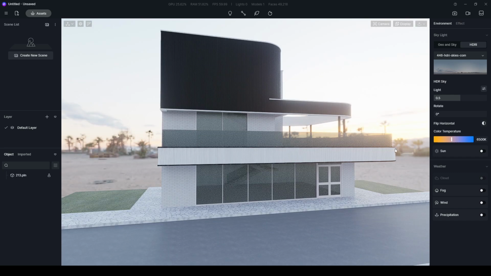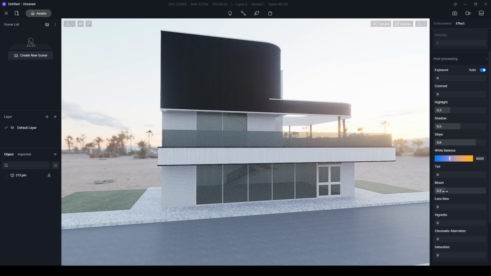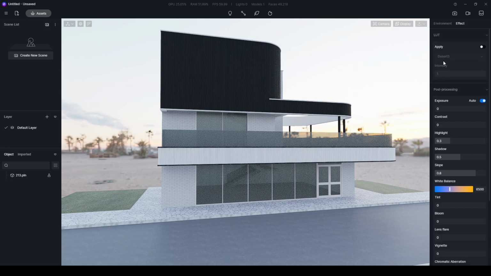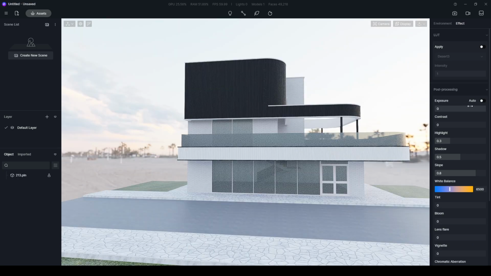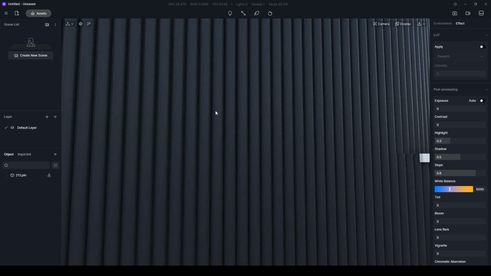If we look at the brighter part of the screen, we will see some bloom effect. I want to turn off this bloom effect so we can play around with our material and light settings properly. To achieve this, we are just going to go to the effect and set this bloom value to 0. After that, we are going to turn off auto exposure. It's also important because if we zoom inside a dark place, light settings won't be changed.